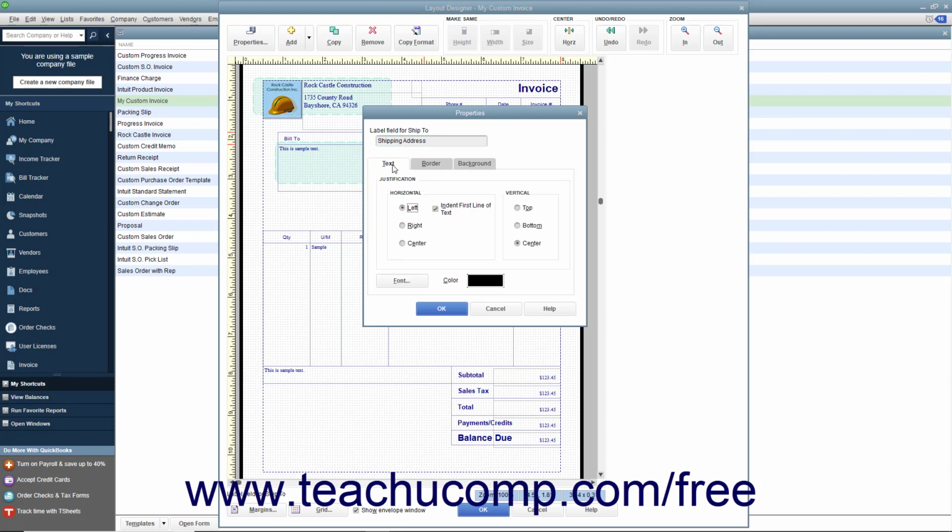In the Justification section, select either the left, right, or center option buttons in the horizontal section, and top, bottom, or center buttons in the vertical section to set the horizontal and vertical text alignment. To indent the first line of text within a text box, check the Indent First Line of Text checkbox within the horizontal section. To select the font used to display text within the objects, click the Font button to open